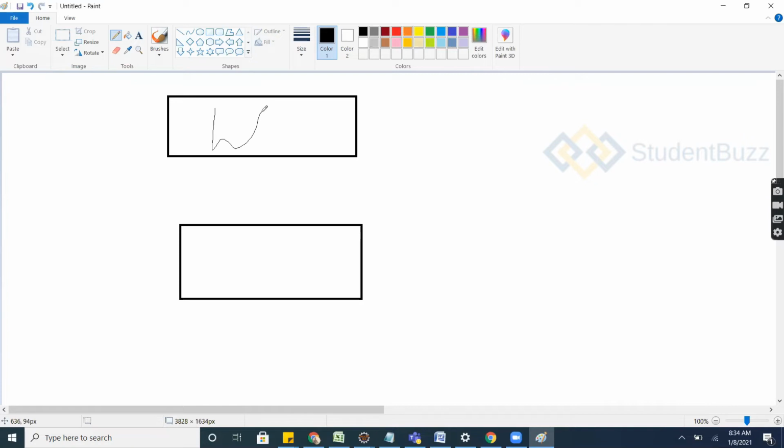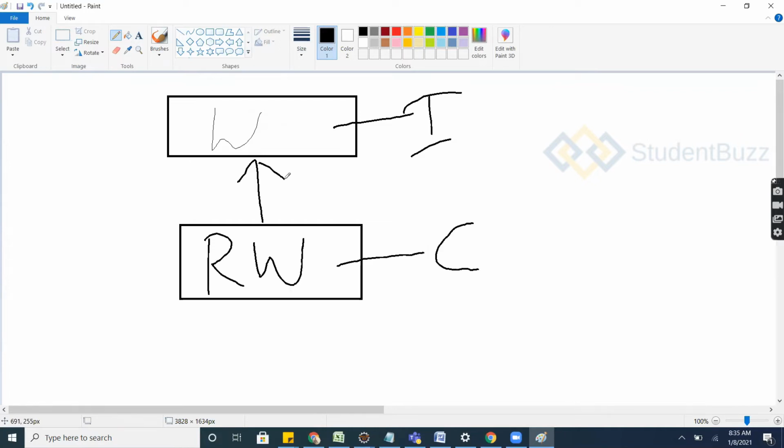It's a WebDriver. WebDriver is an interface, and RemoteWebDriver is a class. WebDriver is implemented into this RemoteWebDriver.